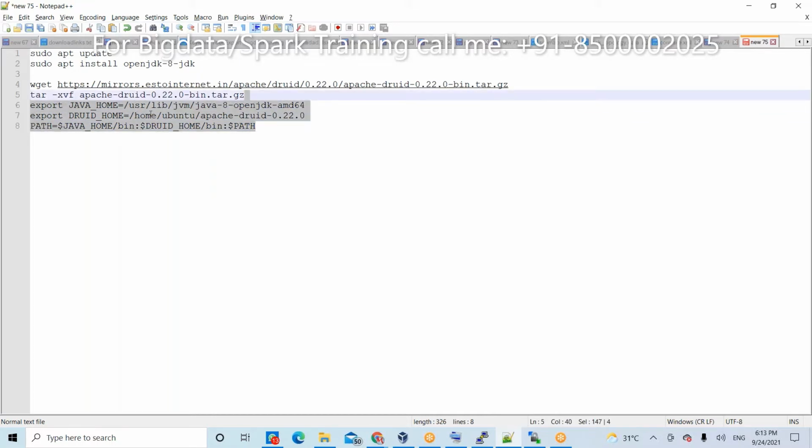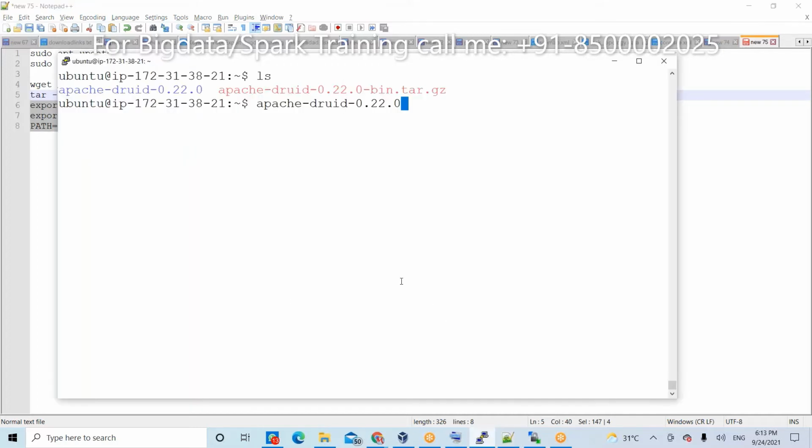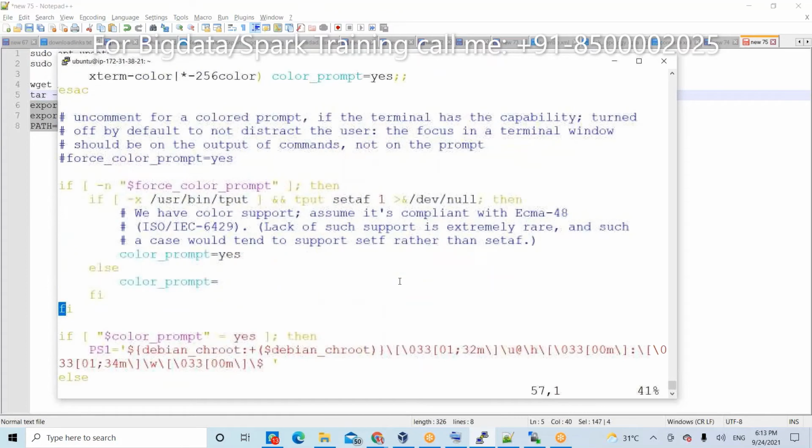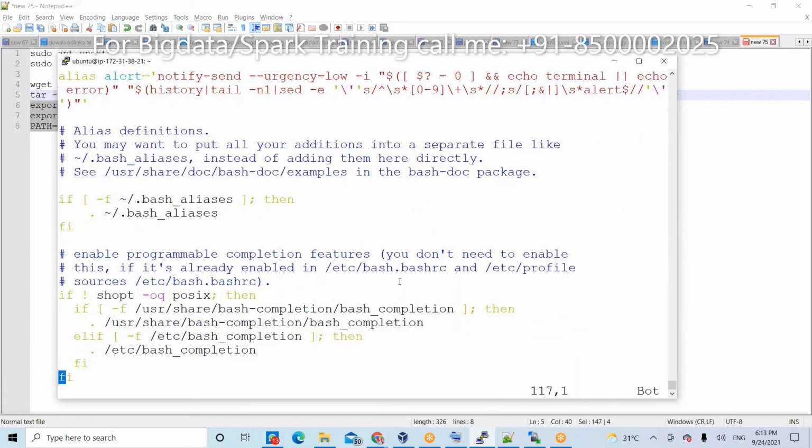So copy this. If you are using EMR EC2, just copy these 3 lines and paste. Okay, vi .bashrc. Okay.